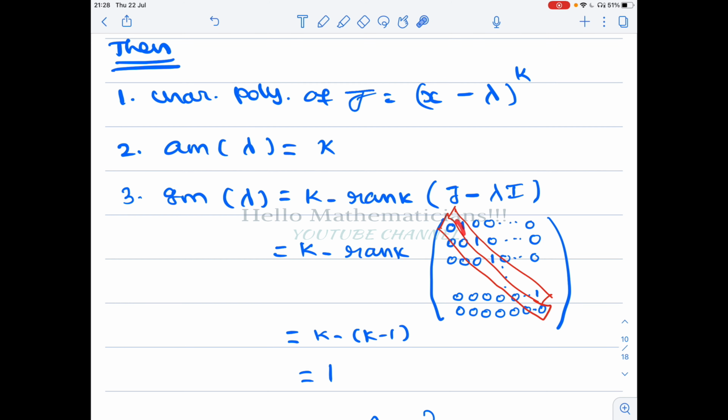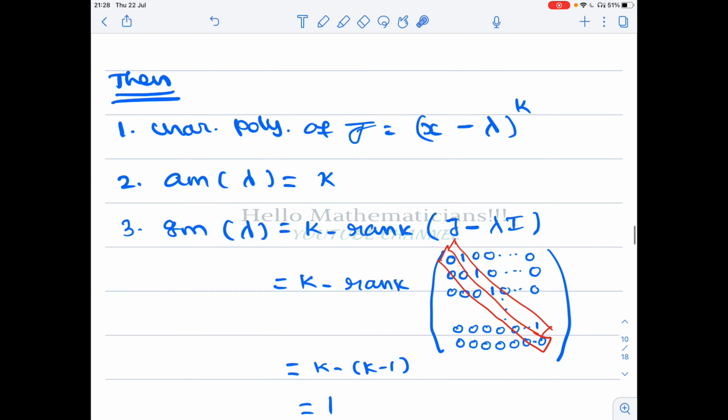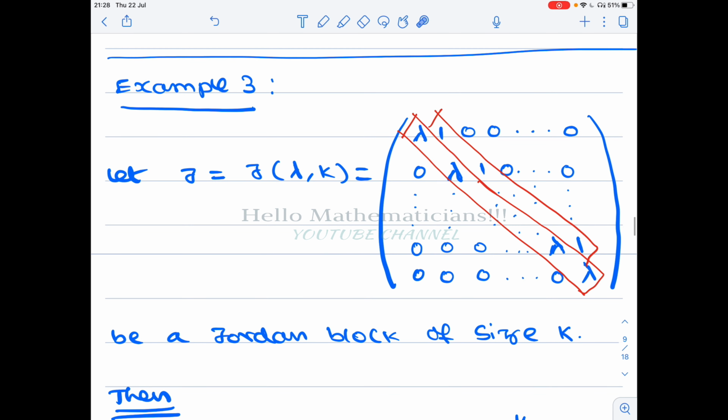Okay, ones are in different places, therefore the first k minus 1 rows are linearly independent, therefore rank is k minus 1, therefore the geometric multiplicity is k minus (k minus 1), which is 1. Okay, therefore the geometric multiplicity of a